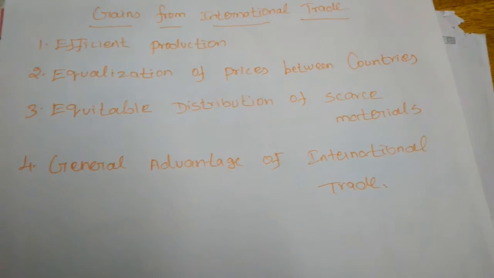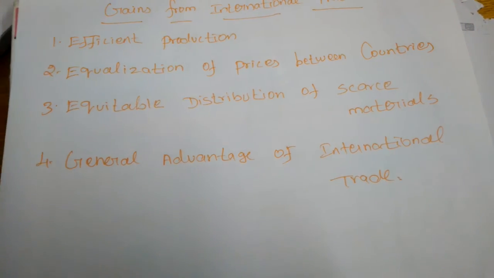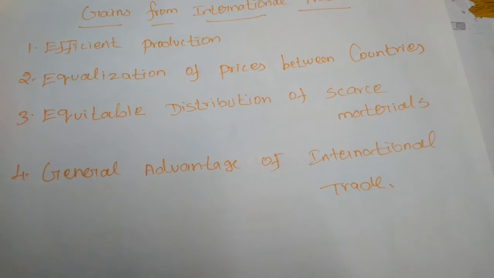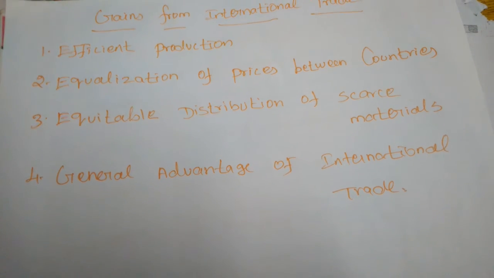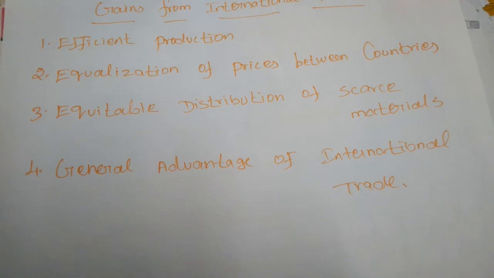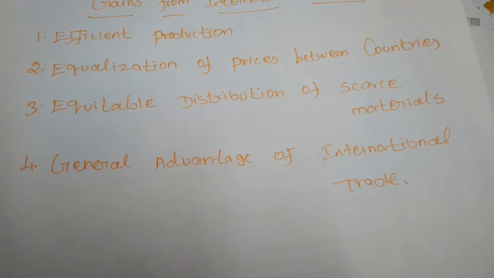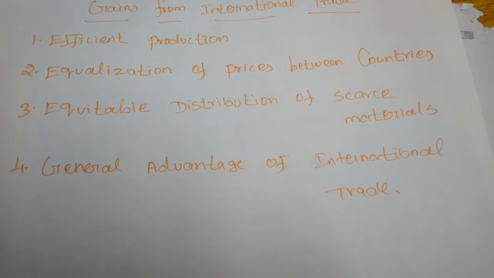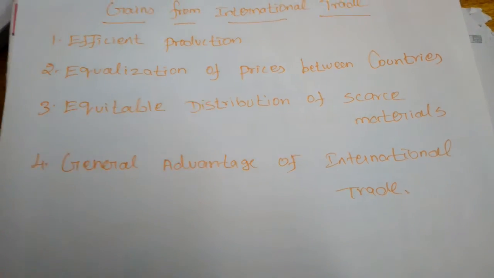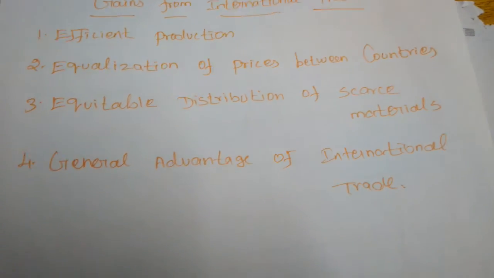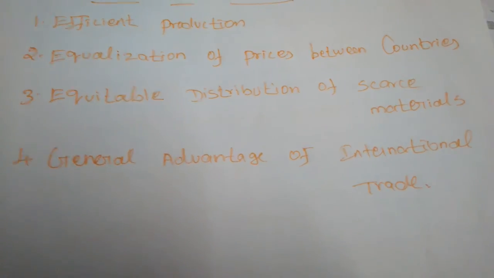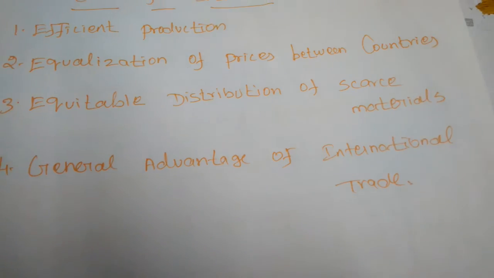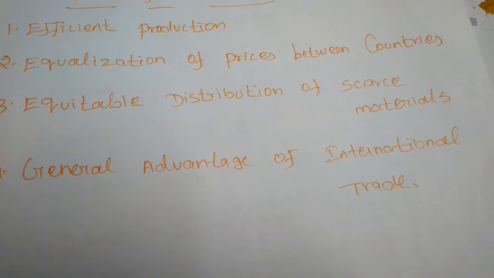Next, division of labor and specialization. If any nation is exporting a particular line of commodities using labor-intensive methods, it will get specialization to produce those commodities. Next, expansion in transport facilities. Transport facilities will also expand from one nation to another. As international trade improves, the transport facilities also have to be increased.